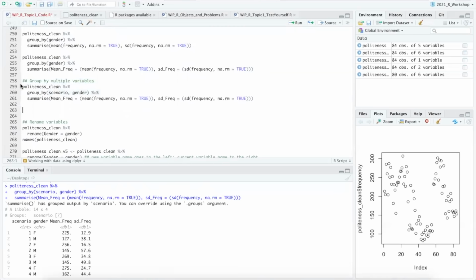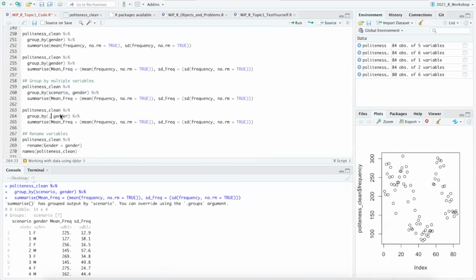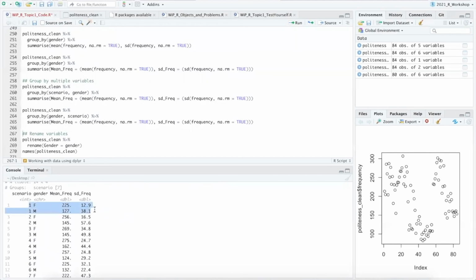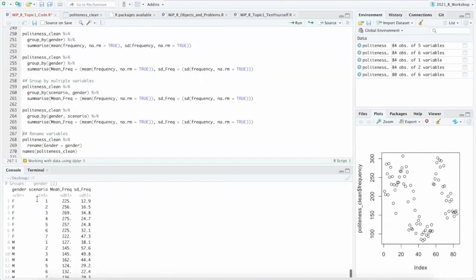So if I were to flip the order and now look at gender, comma, scenario. So let's look here, we see that scenario is the first variable that appears. If I swap this and make gender the first variable, we now have all of the females together and all of the males together. This is important because there might be a reason that you would want to directly compare males and females within scenario or